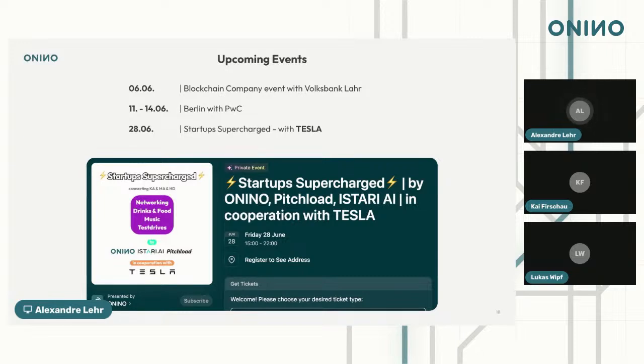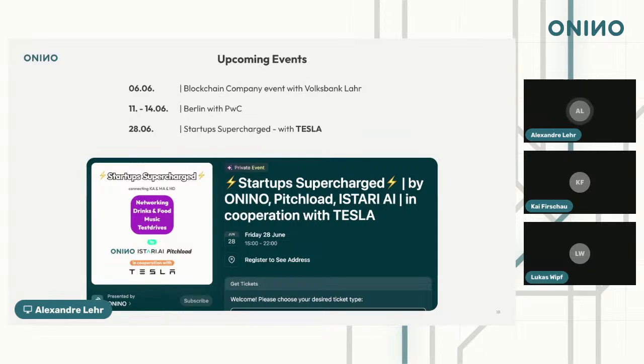We'll see. But we will be talking to many very important companies and decision makers in those companies, which is great for us because it gives us a perfect entry point, because we're not just talking with anyone. And it's a great cooperation between Volksbank Lahr and Onino. And there's going to be even more going on there in the future, but banks take time. This has been in the works for a long time as well, but we're really looking forward to that.